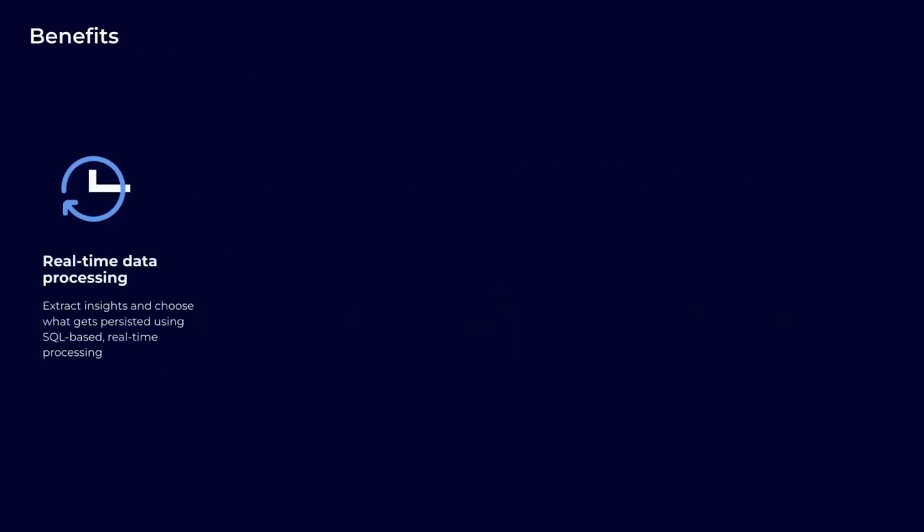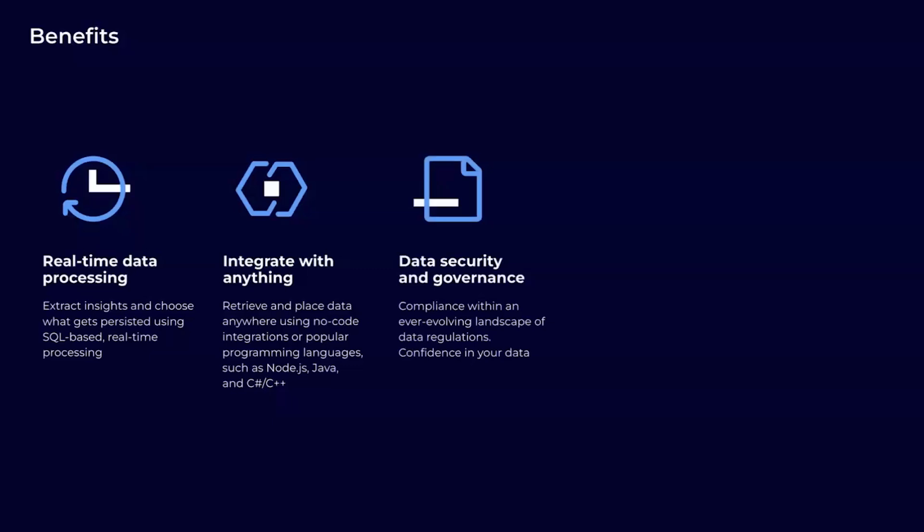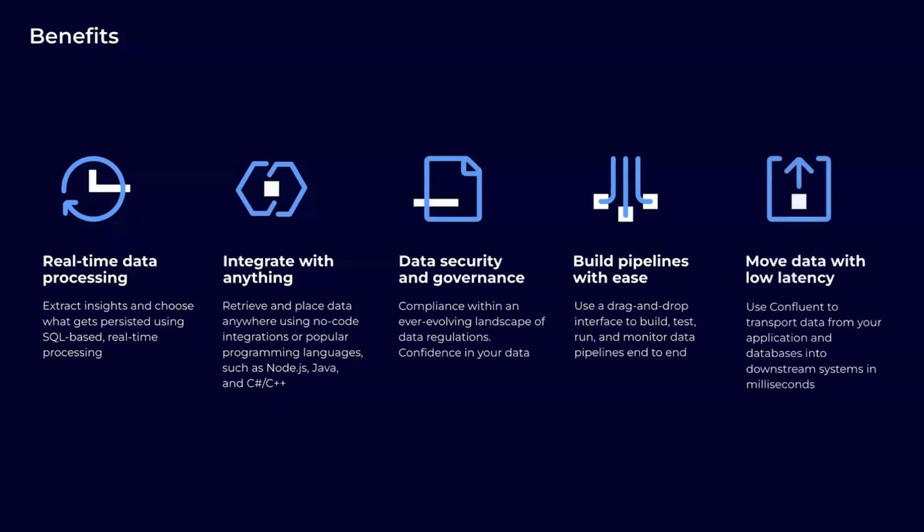So let's talk about some benefits. Real-time processing through a whole suite. Could be Streams, could be ksqlDB, maybe Flink. Integrate with anything, whether it's your client libraries, or we basically have every flavor of library that can interact directly with Confluent, that producer and consumer API. And then, of course, the connectors, data security and governance, build pipelines with ease. That shift left ideology, grabbing data from somewhere, making something meaningful, building that data product,